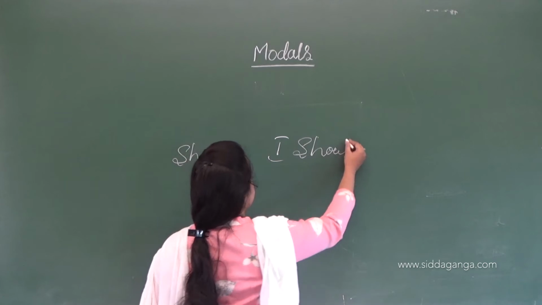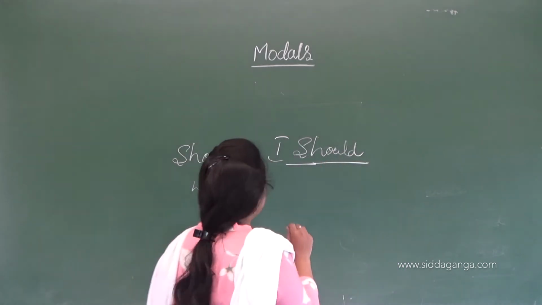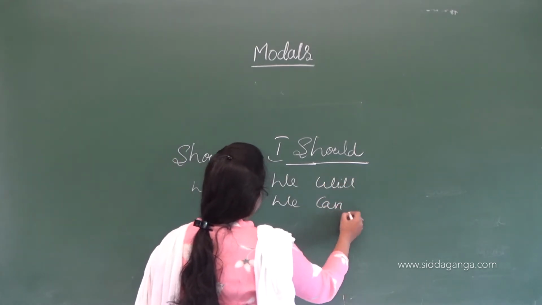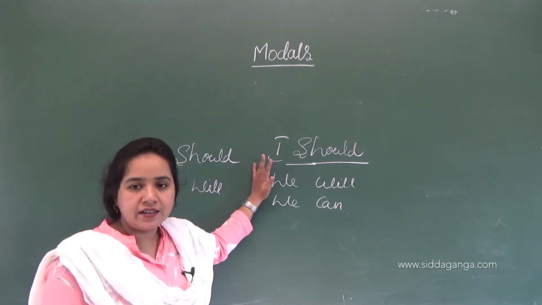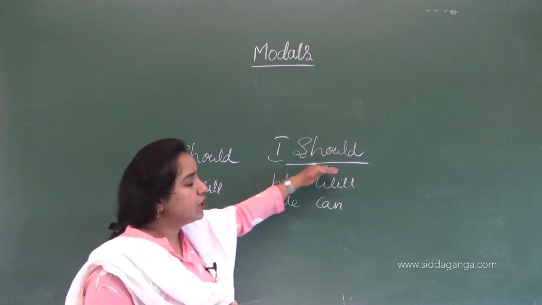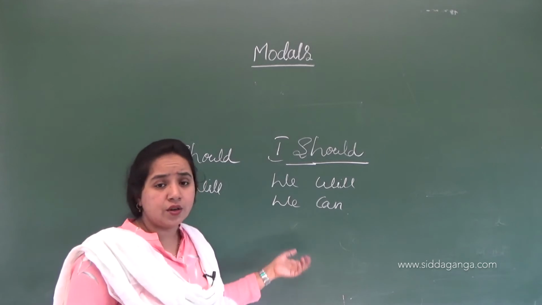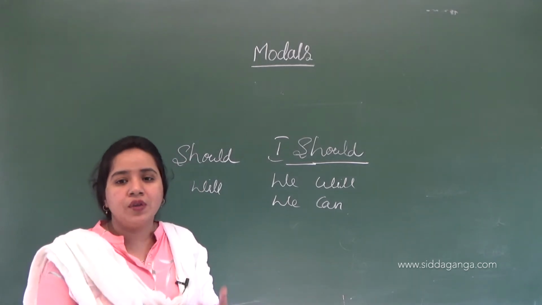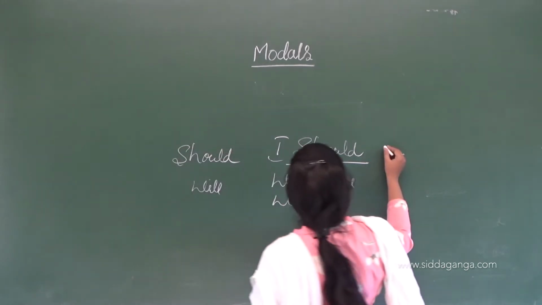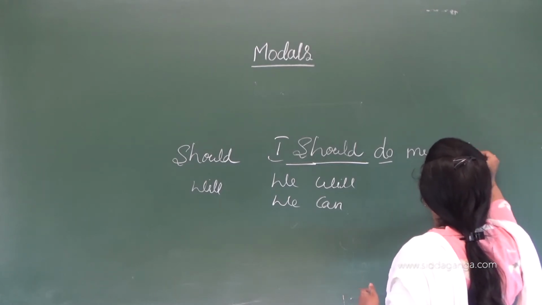First, if I take that, I should, we will, we can. If I write it like this, if we speak only these modals, if we frame sentences like this, it doesn't give a complete sense. I should, what? We will, what? We can, what? It is saying we are doing something, but what? So here we need some main verbs. I should do my work.